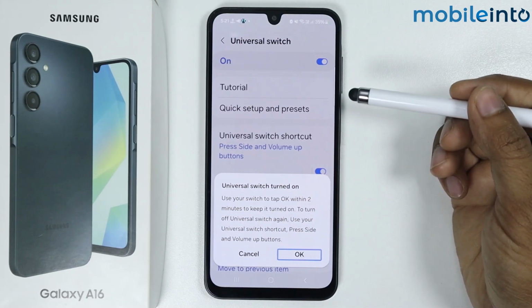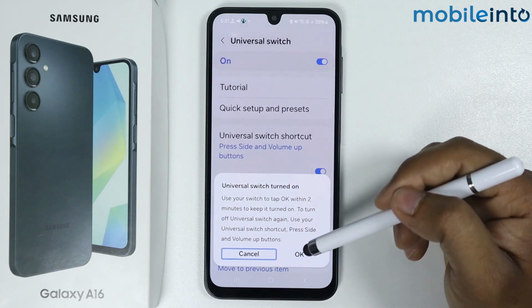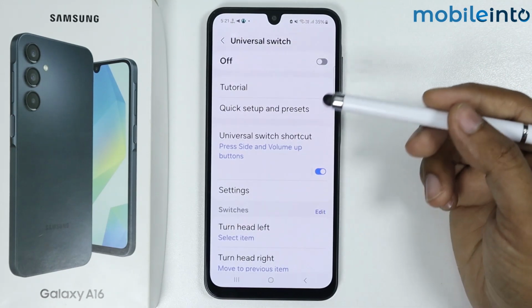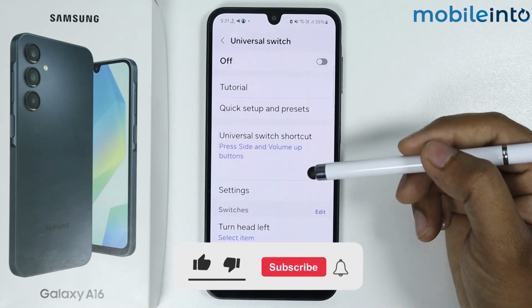Now to disable the universal switch, again tap on this toggle to disable the universal switch. So this is how you can enable and disable universal switch on